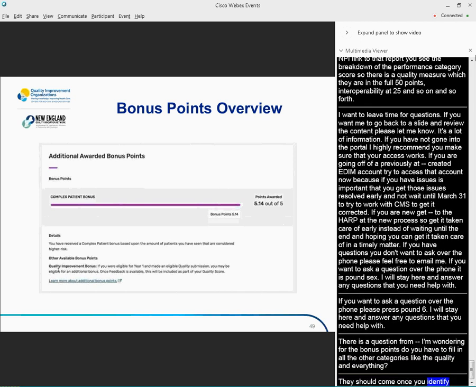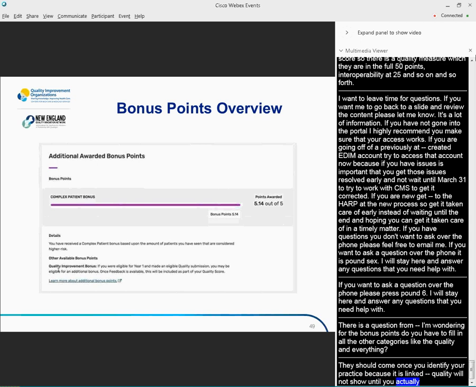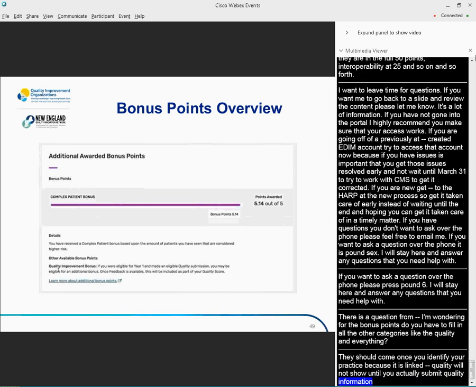Quality won't show until you actually submit quality information, because it's based on improvement between last year's data submission and this year's data submission. So that might actually come after the fact. But for the complex patient bonus, you should get that right away, because that would be calculated off of your claims and the patients that you have attributed to you as a clinician or as a practice based on how you're reporting.